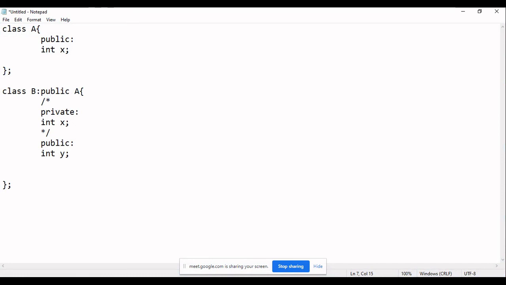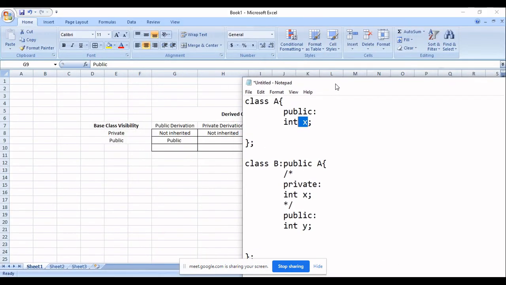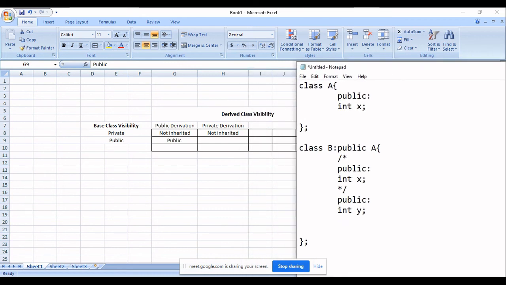Whatever I have written in this chart, I am explaining: base class visibility is public and derivation is public, so this data has public visibility. That is the meaning. You are not going to write this, but the compiler treats X as public data. It is similar to writing this kind of statement.